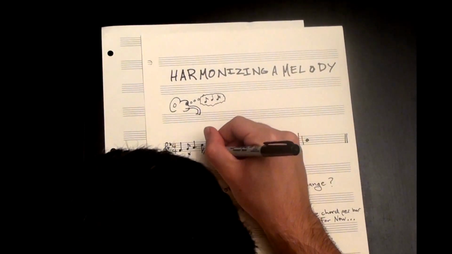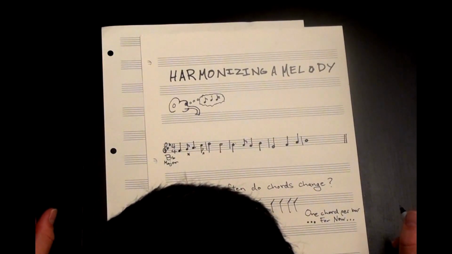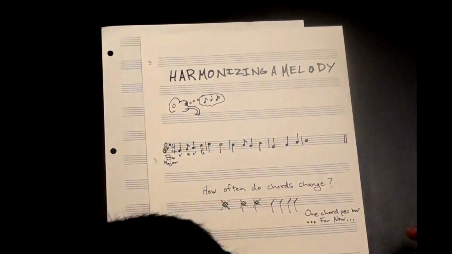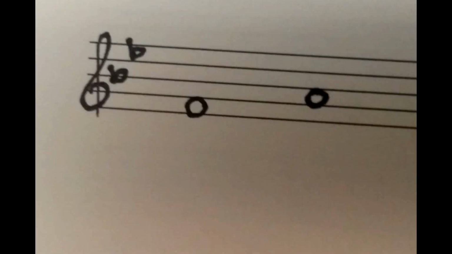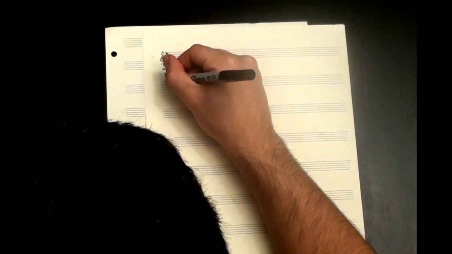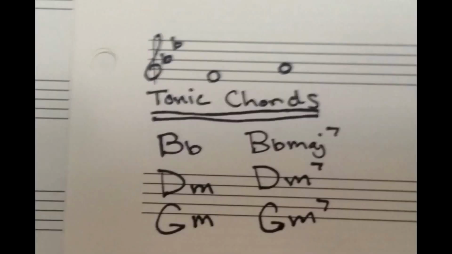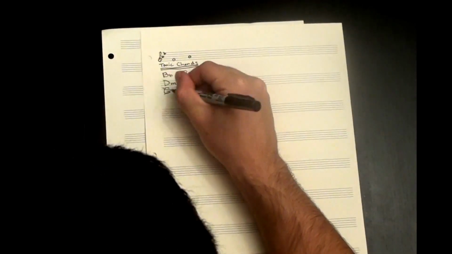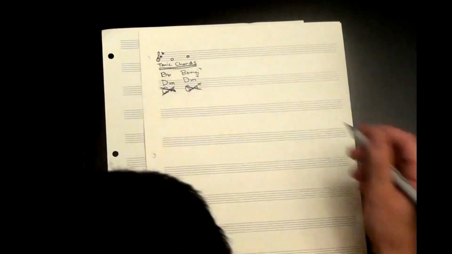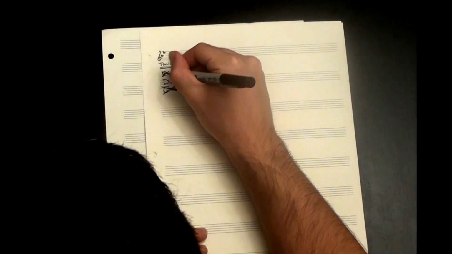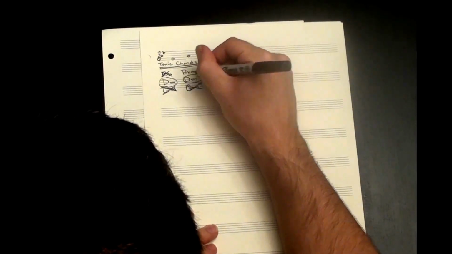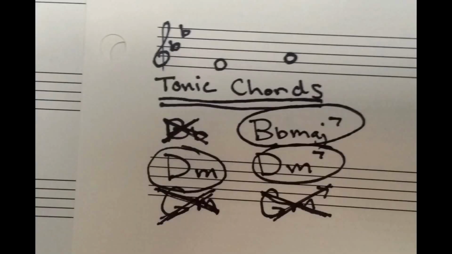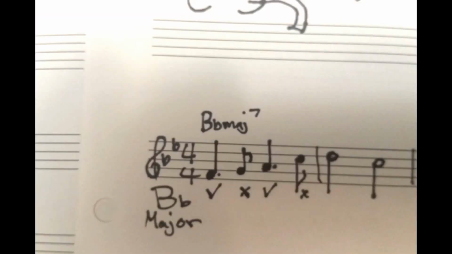However, those 8th notes are going to pass by so quickly that they don't wind up having much impact on the harmony. We really only need to worry about the dotted quarters. We know we want a tonic chord, and we know it needs to support an F and an A. Our basic tonic chords are B flat, D minor, G minor, and their related 7th chords. The A means we probably don't want to use the G minor here for now, although later on we'll encounter some reasons why that might not be true. Likewise, A doesn't exist in the B flat major triad. This leaves our choices as B flat major 7, D minor, and D minor 7. Personally, I like to start harmonies on the 1 chord to emphasize the tonic, so I'll choose B flat major 7, but that's not the only right answer.